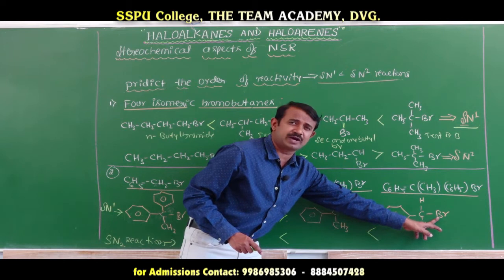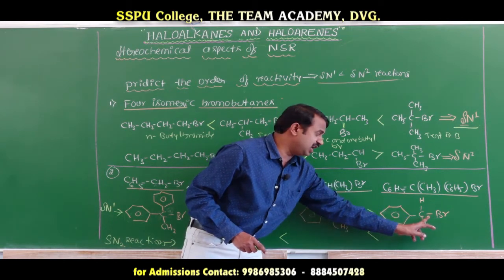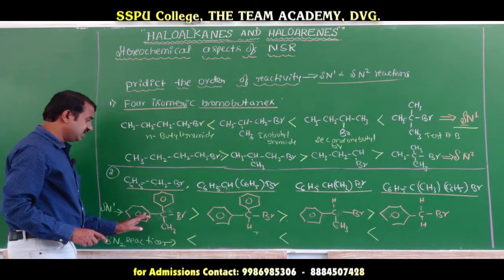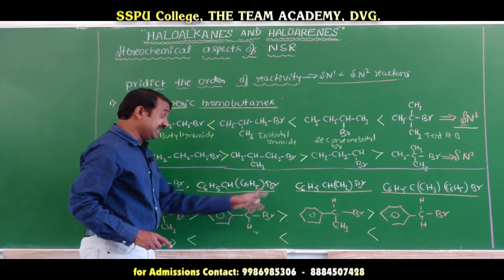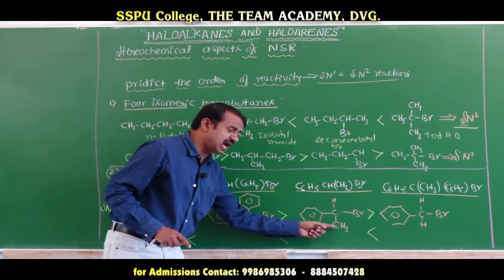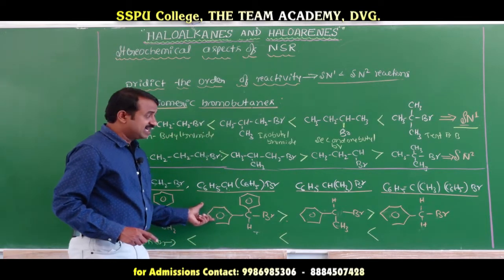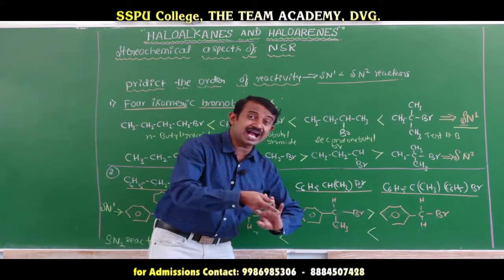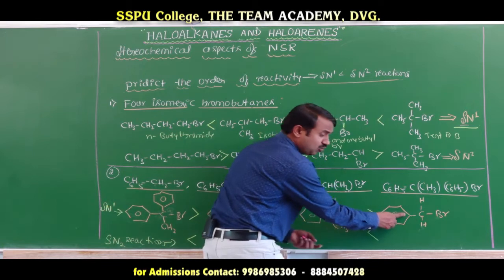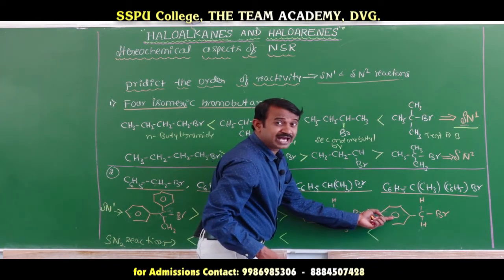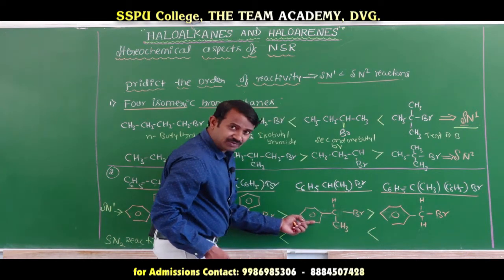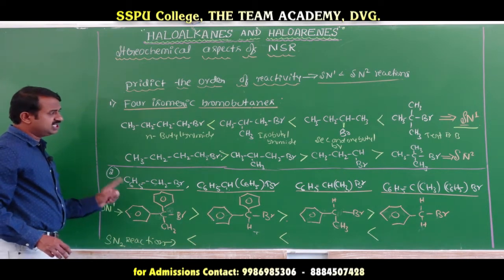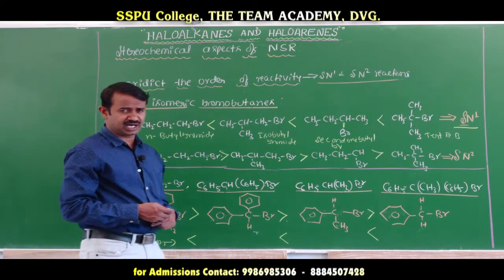It is a benzyl bromide, meaning a benzylic halide. The benzylic halide is less reactive in the SN1 reaction. In SN1, tertiary is more reactive than secondary. Both are secondary, but with one phenyl and a methyl the reactivity is less. In SN1, primary is less reactive, but in the SN2 reaction it is the reverse: this one is more reactive. Benzyl halide is more reactive in the SN2 mechanism than the second one. This is just the reversal of order between SN1 and SN2. This is the reactivity order of SN1 and SN2 reactions.